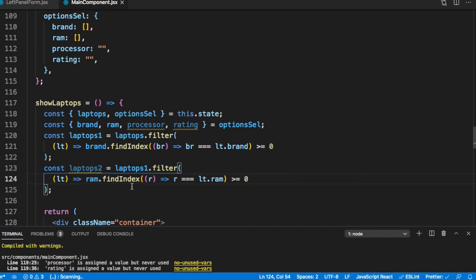So this is the next filter, that the RAM should also be there in that.